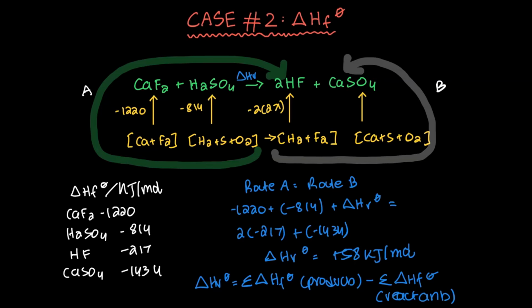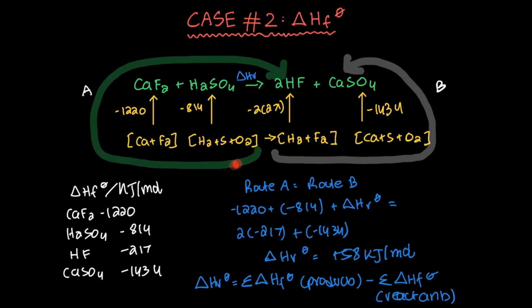And the last one is calcium sulfate. So for that, you need calcium, sulfur, and oxygen. And the delta H of formation is going to be minus 1434 kilojoules per mole. Now you have 2 routes over here. You can either take this route, which is route A, to come to your products, or you can take this route, which is B, to come to your products. At the end of the day, your end product is going to be the same. You're coming from this arrow to these products, and over here also you're coming from this arrow to these products. So your starting point and your ending point are going to be the same. That means your energy change that takes place from route A and route B is going to be the same. This is your Hess cycle.